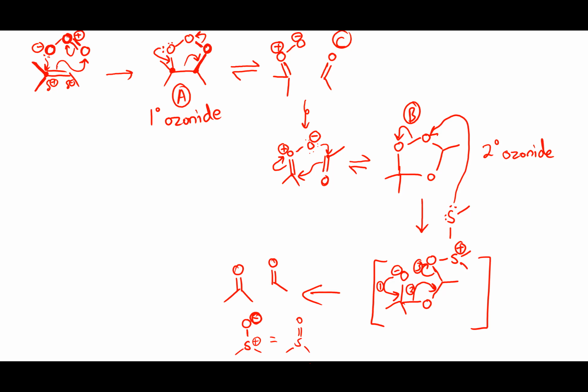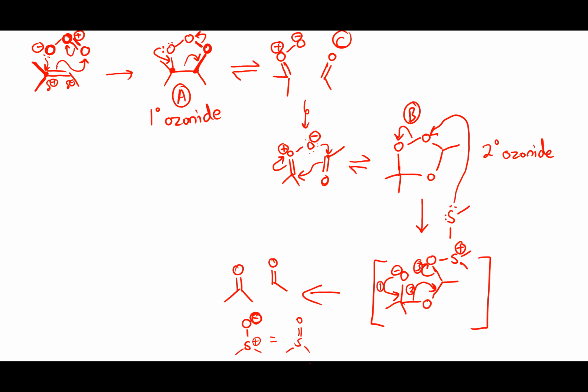And so that's how we get to the end here: we have this addition of ozone, these 3 oxygens, to the double bond. They make this primary ozonide. The primary ozonide breaks apart because it doesn't want all these bonds to oxygen. It breaks apart into C. C isn't happy because it's charged, so it rearranges into the secondary ozonide, which is better than the primary ozonide because you have fewer oxygen-oxygen bonds and more oxygen-carbon bonds, which is good, but it's not particularly